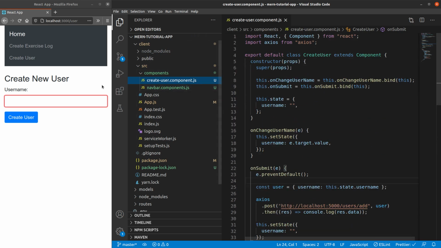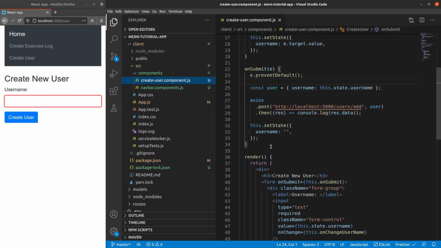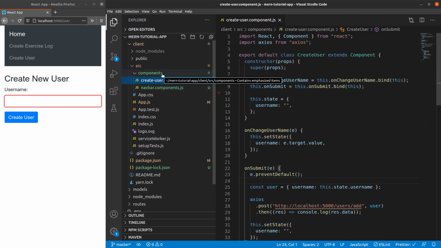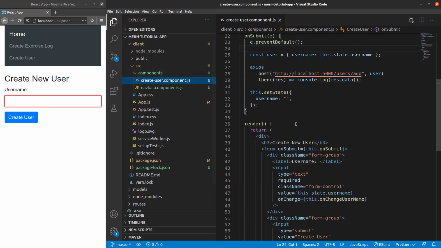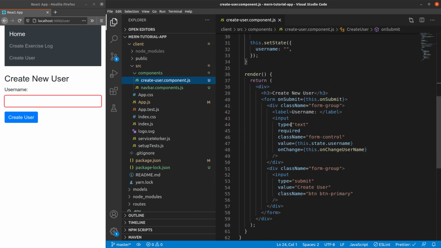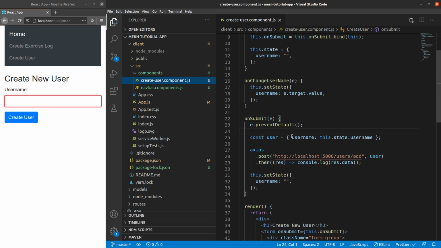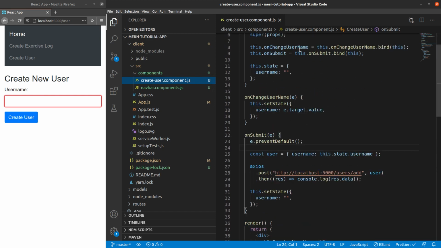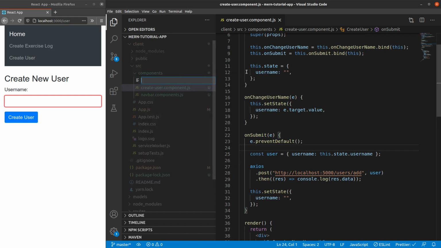So we'll just copy paste the code and use that particular code, because there is hardly any change with respect to the functionalities that we have done for create users. If we have understood this particular piece of code related to create user, I think it will be fairly easy to understand the other part as well. Okay, so we will just go ahead and create the exercise related components.